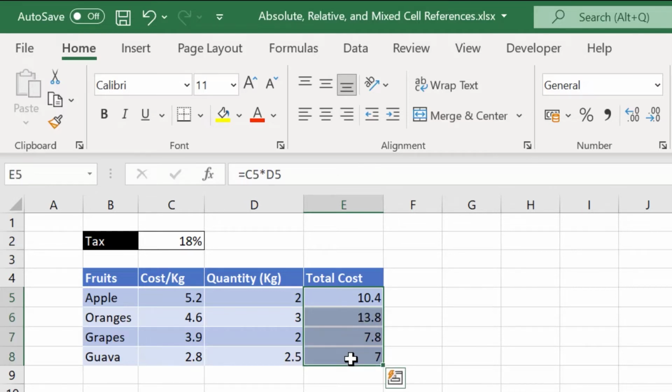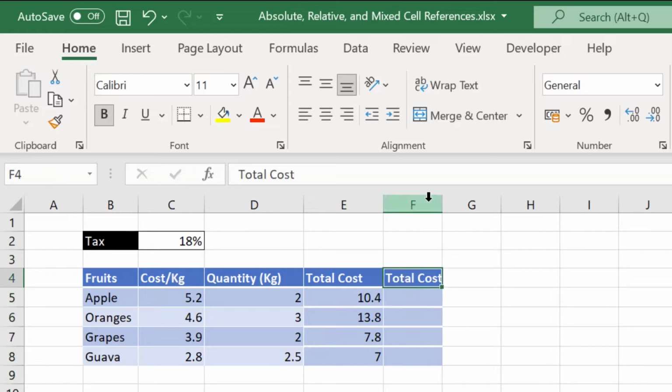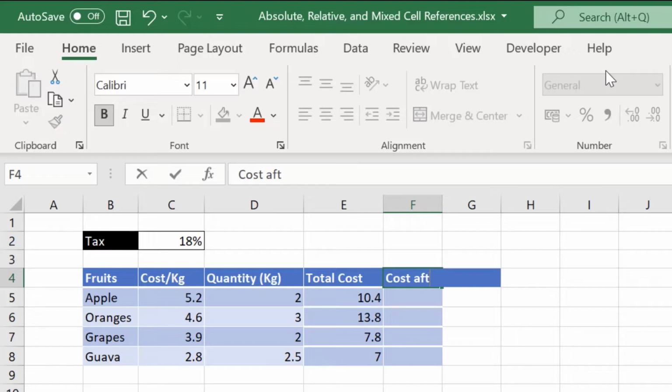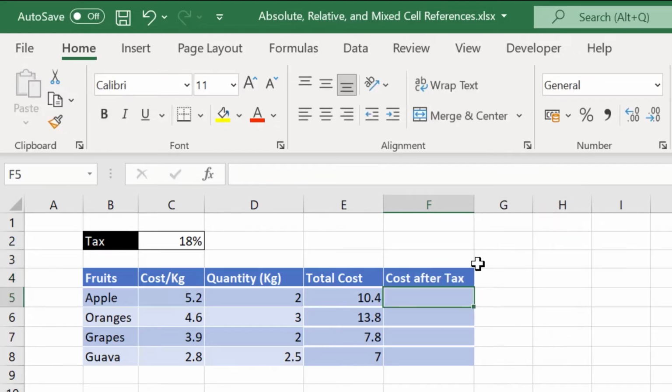Let's bring another aspect into our calculation. Let's add taxes to the cost of these fruits and then find the final cost. So I'll copy this so that the formatting is copied, and I will delete these cells and rename this cell to cost after tax, and I make this column slightly bigger. Let's say the tax is 18%, which is mentioned in cell C2,